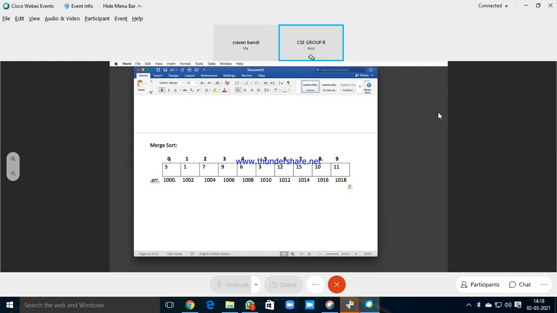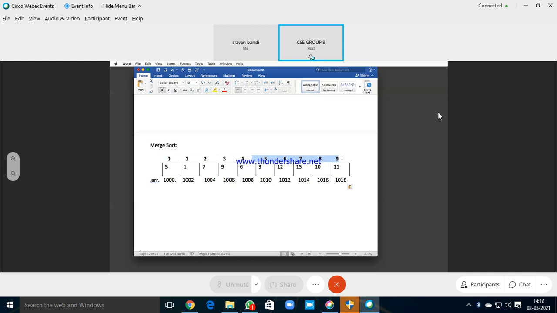This index is represented as low, this index 9 is represented as high. When I do mid is equal to low plus high by 2, I get the mid value 4. So one subarray would be from 0 to 4, another subarray would be from 5 to 9. Are you able to follow?